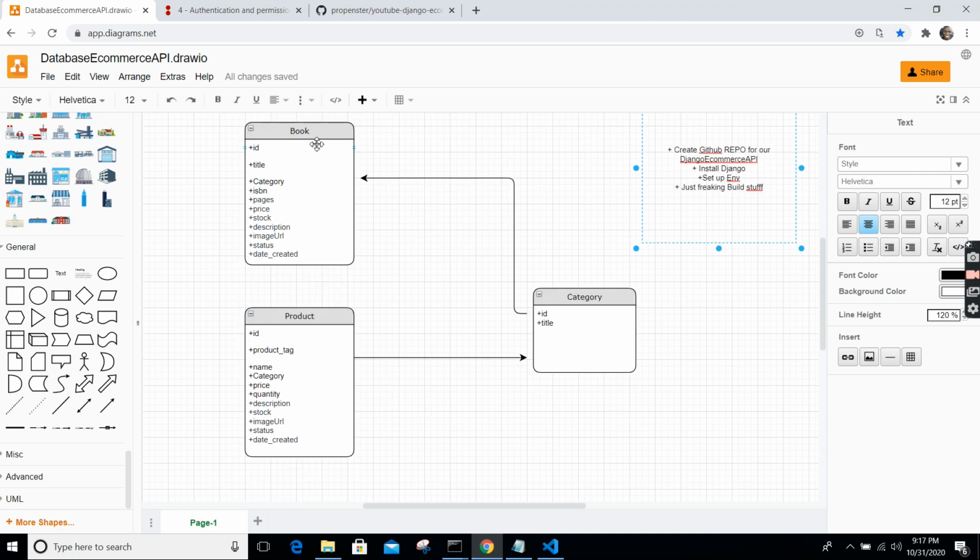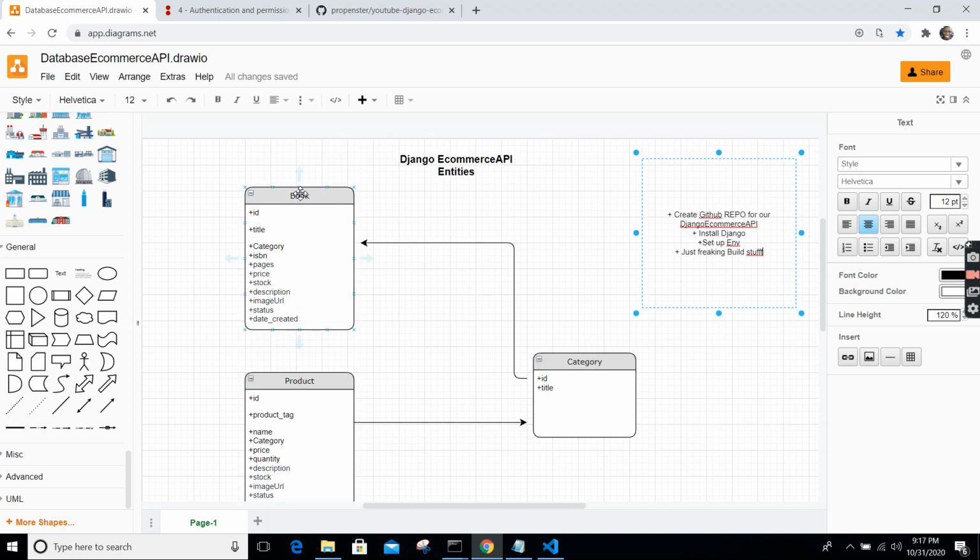We have a book entity. This one is a particular entity. Book is a particular data object. So that's all of these fields. We have ID, title, category. I've decided to make category also another entity on its own. Although you can decide differently, I just think it should be an entity so that should I have more entities, I can just use it as a foreign key. So category,